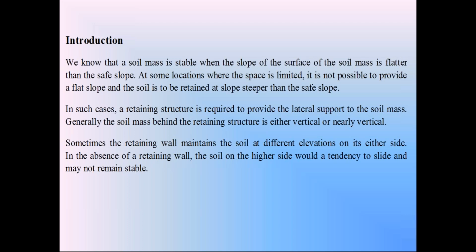The major force acting on the earth retaining structure is the pressure from the soil. The soil applies pressure on that retaining structure. So before constructing the earth retaining structure, we must calculate how much horizontal earth pressure is applied by the soil on that